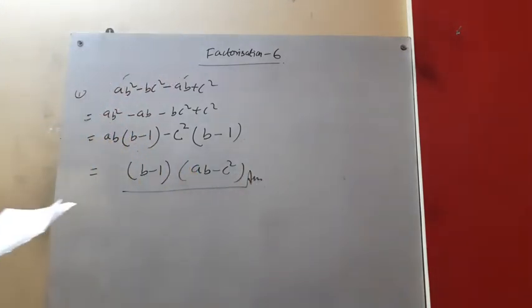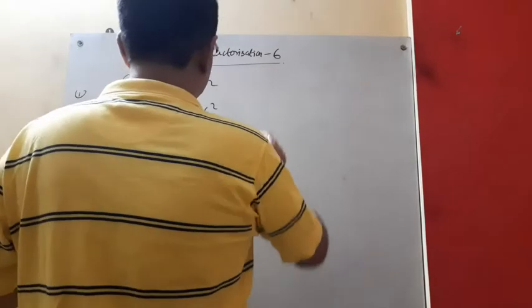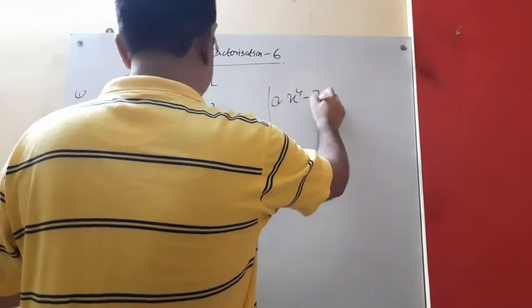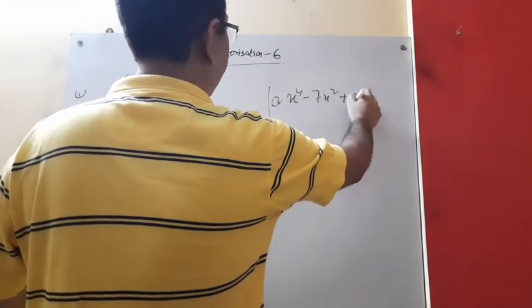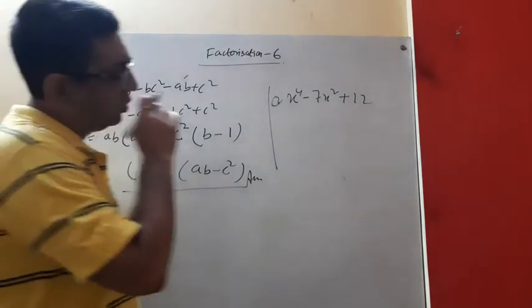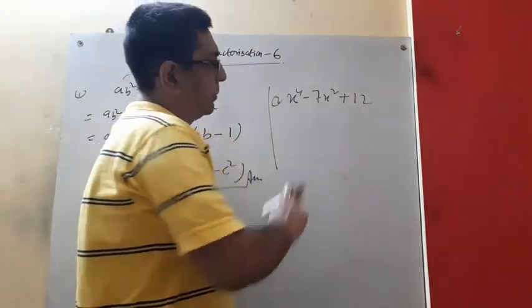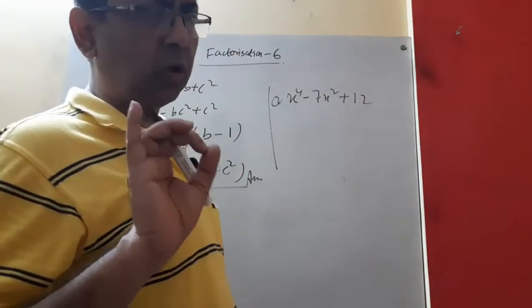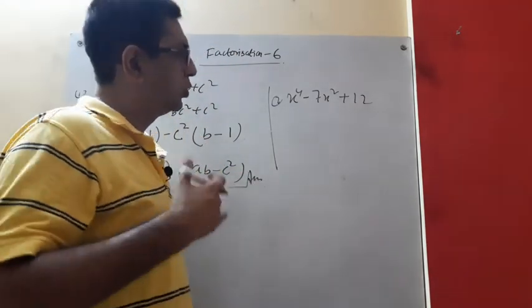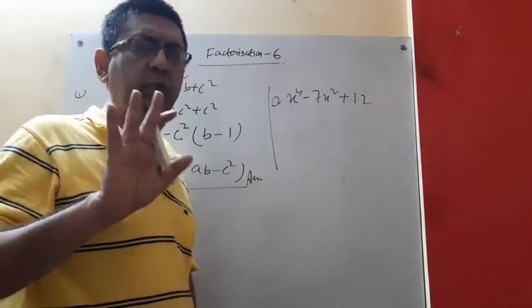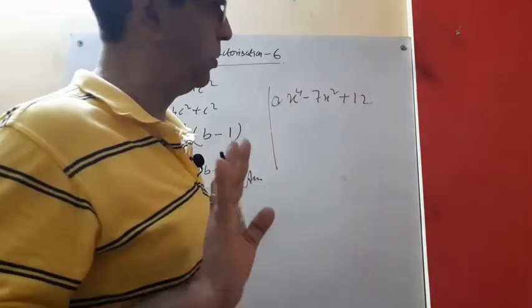Okay, now I am doing another sum. Number 2, x to the power 4 minus 7x square plus 12. Look, what to do? There are 3 terms. And one thing, look, x4, x square, 12. There are no 4 terms, so grouping of terms is almost impossible. Can you go for difference of squares? Okay, one thing we can do, go for middle term or trinomial.